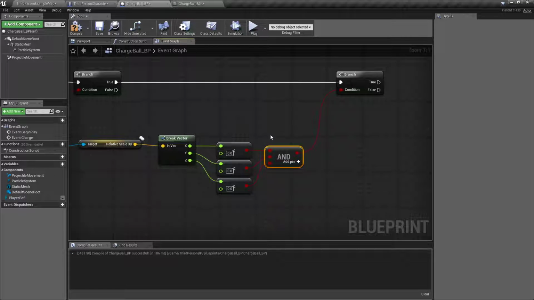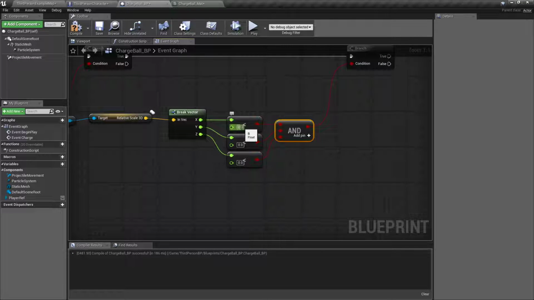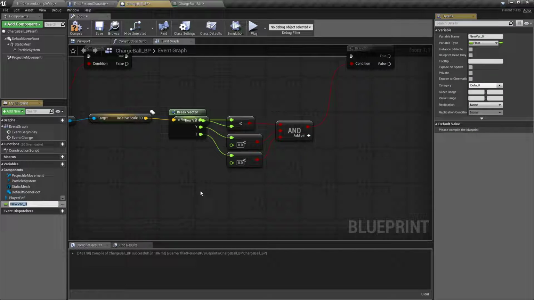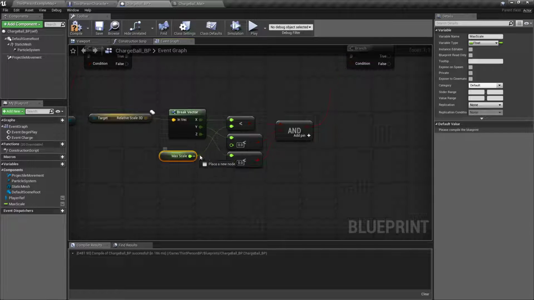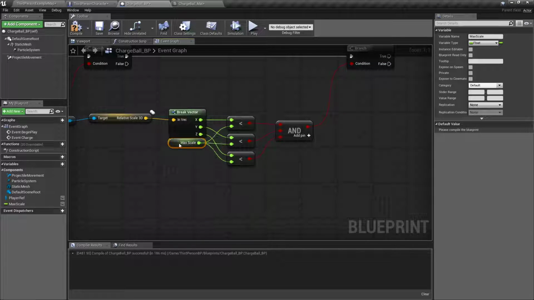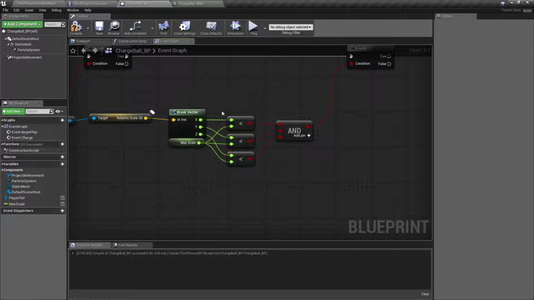So if they are charging and the scale of the mesh is less than, I'm going to drag off and promote to a variable called max scale, hook it to all of the bottom sides of these, and then I'm going to compile so that I can default this out to 1. So if the scale of this is less than 1,